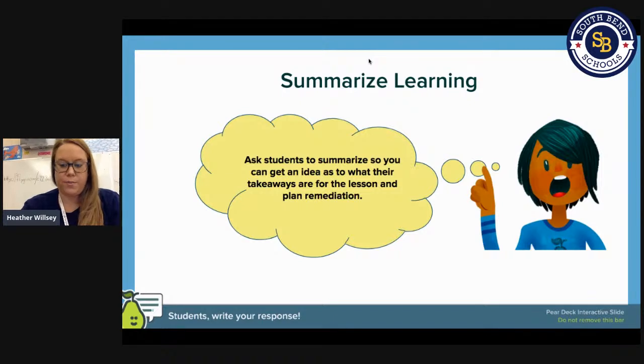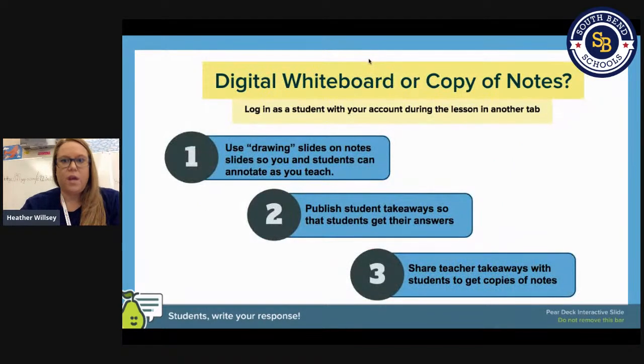Okay. A lot of times I've got teachers asking about whiteboards and how you can share notes with students. When you get the add-on in your slides, it's going to automatically generate a file in your Google Drive called Peardeck, and then within that folder there's a subfolder called takeaways, and each student's going to have their own takeaway also